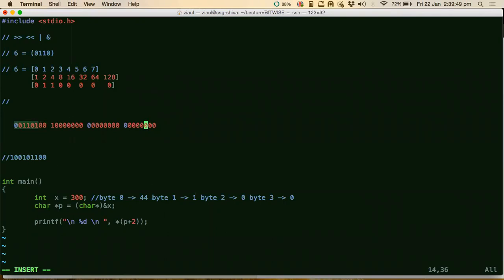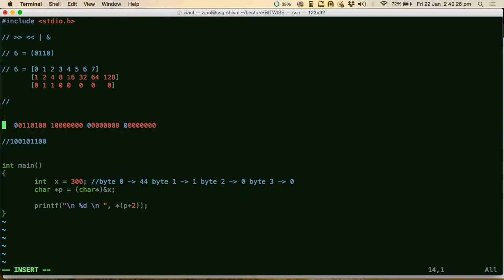Whatever value this byte gives you, right? Now this particular thing will also have a number. If you just take these 8 bits and look at this number, what number do you get? If you just look at this byte, because you have only a 1 at the 0th position, that is the number 1. That's why you get a 1 here for byte 0. And the other bytes are 0 because there is no 1 here, right? So that's how this gets broken up into 4 bytes and you get the 4 bytes in this order. I think it is completely clear now, right? Yes, sir. It is completely clear.